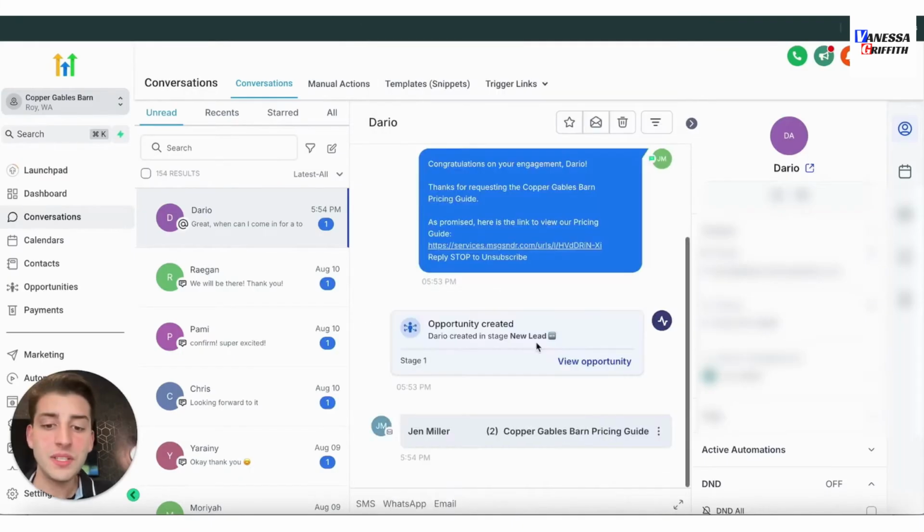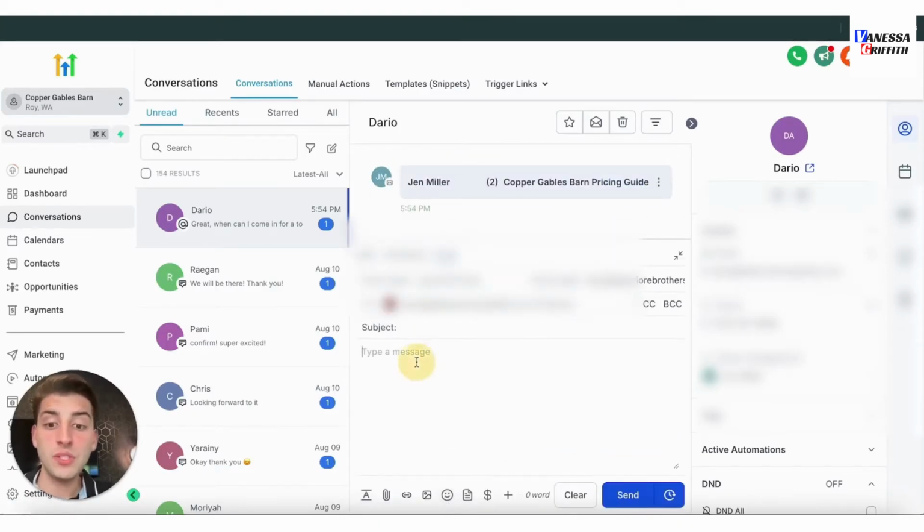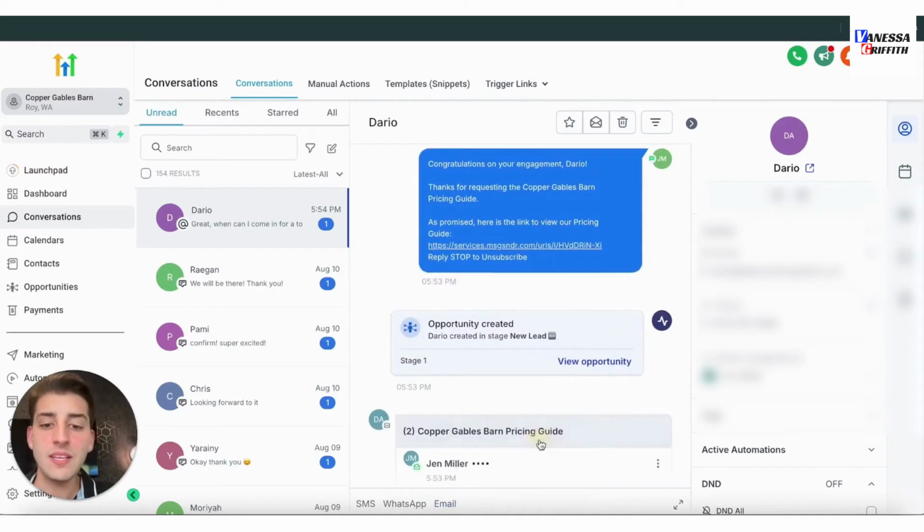And just so you know, you can see at the bottom of the screen, we have SMS, WhatsApp, and email. It may be very tempting for you to just go to email, click right here, type up a brand new subject, type up a message, and then click on send. That's actually not what you want to do. You want to make sure you keep everything in the same email thread when you're emailing back and forth. And the way to know that you're doing this correct is if you click into the email thread and you